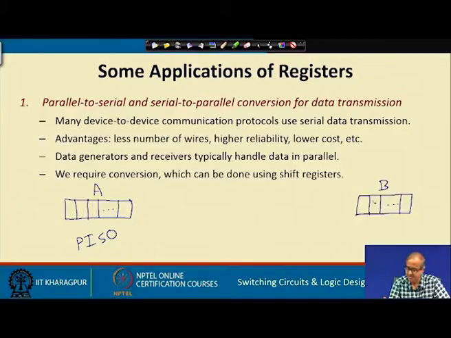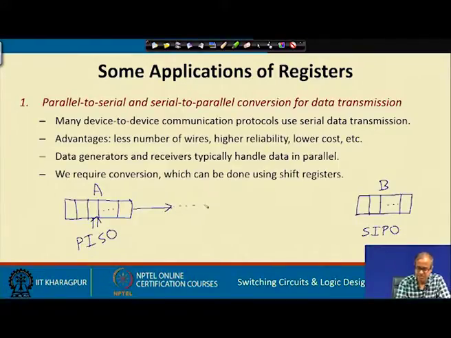And at the other side this B will be a serial in parallel out register. So, what does this mean? Here this data you can load into this register in parallel. So, this will be something like a universal shift register. You can load it in parallel, then you will be shifting them out serially bit by bit, parallel in, serial